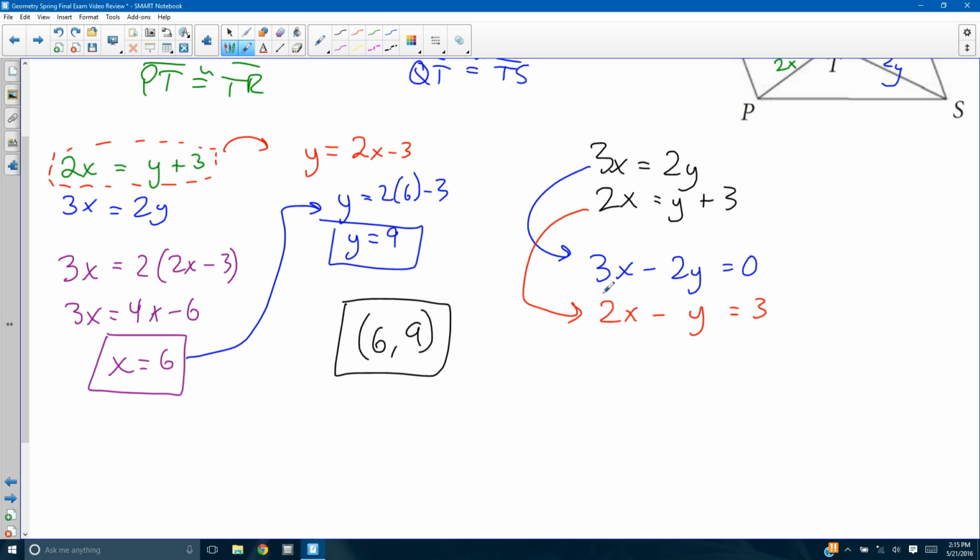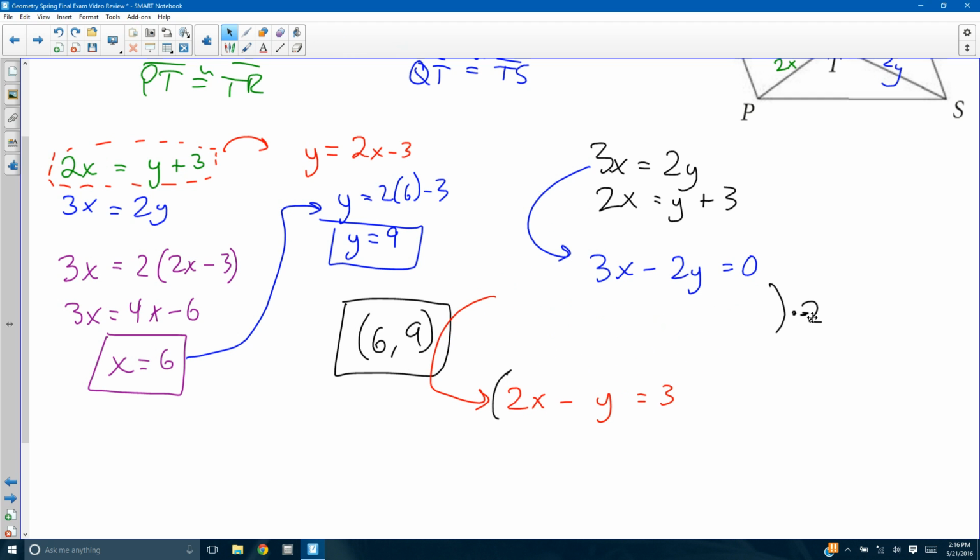So what I want to try and do next in this problem is take one or two of these equations, but it looks like I can eliminate y a little more easily than eliminate x, because to eliminate x I have to multiply or divide by a fraction, or I have to multiply or divide by both equations here. But for this equation, if I multiply this bottom one, say by -2, what you're going to see is a change in this equation where instead I get